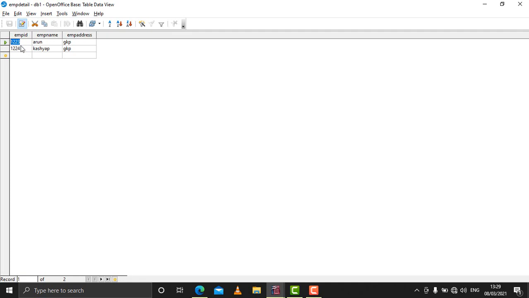So if we talk about the field type, we have different types of fields or data types in Base. The very first one is numbers, so if you want to enter numeric values in a particular field, you can use numbers as the data type.